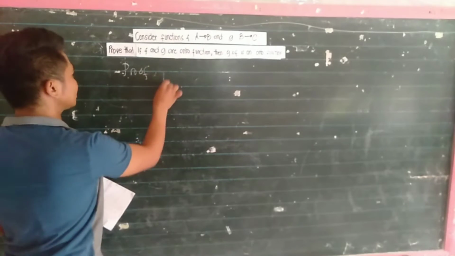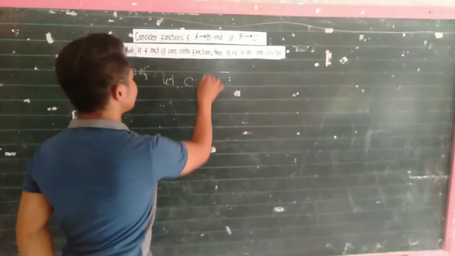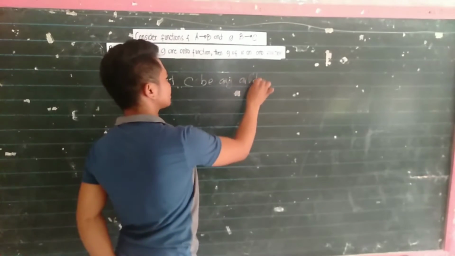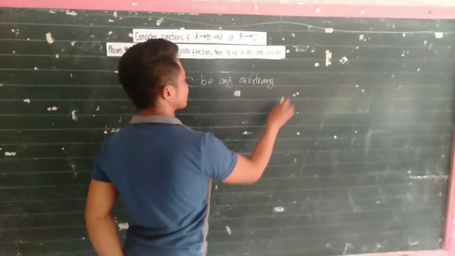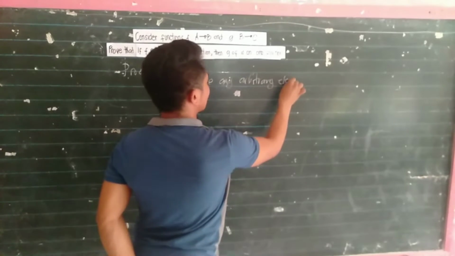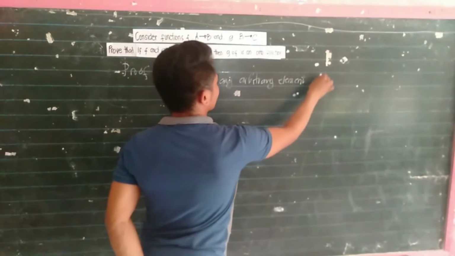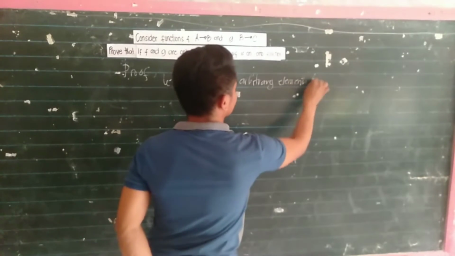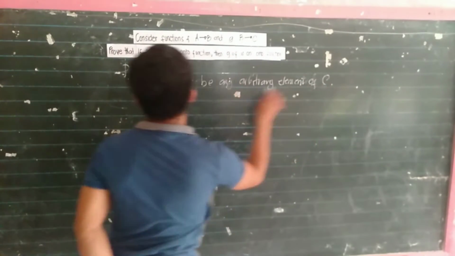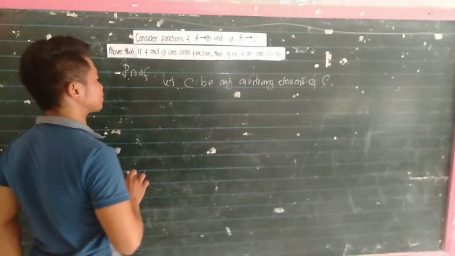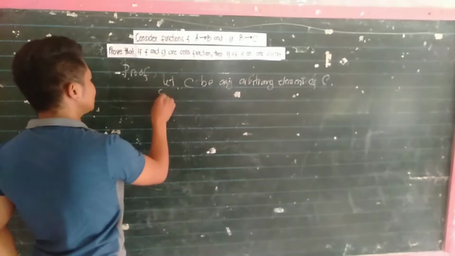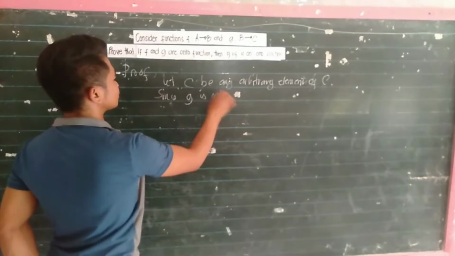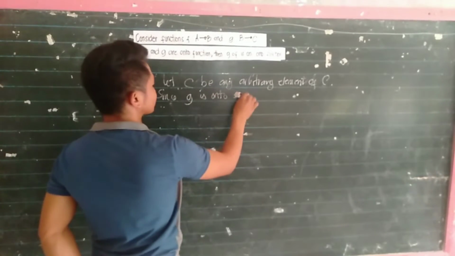We're going to let c be any arbitrary element of C. Now, we're going to look at the problem. Since g is an onto function,